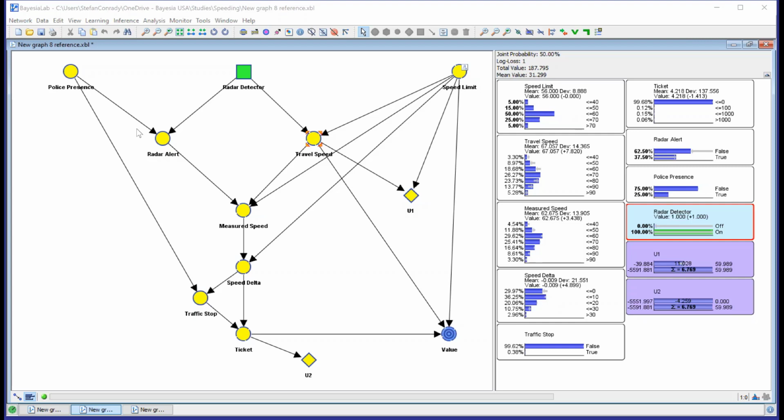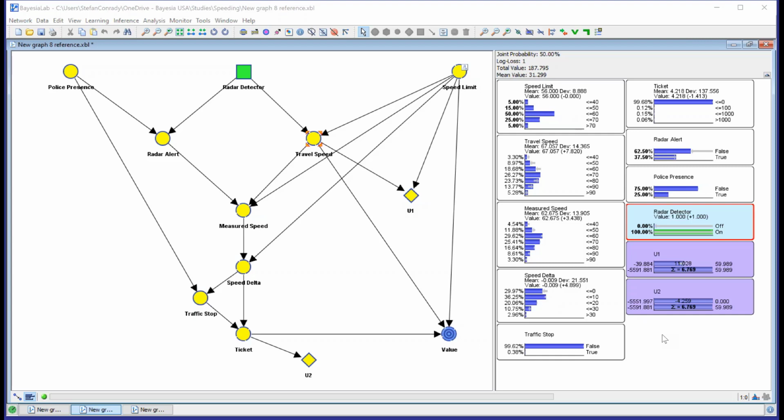Another thing we can do here, whereas we have reasoned from cause to effect, from travel speed to ticket, from travel speed to value, we can also reason in the opposite direction.